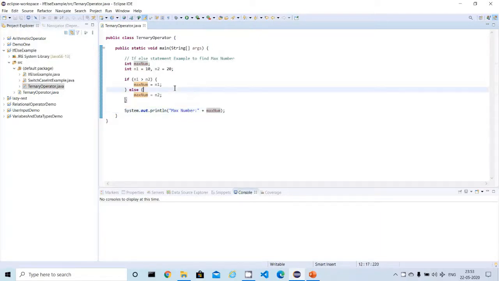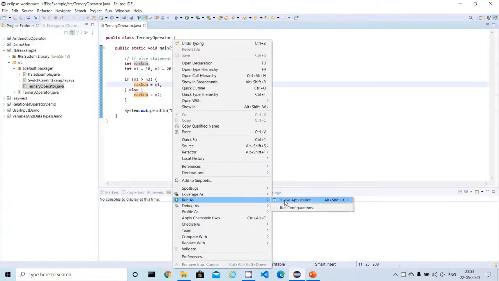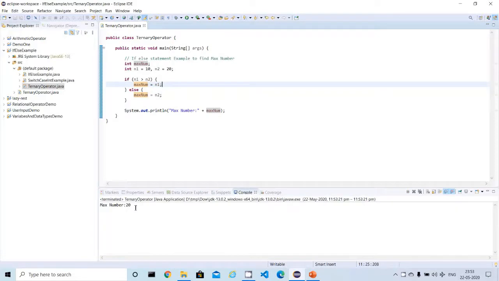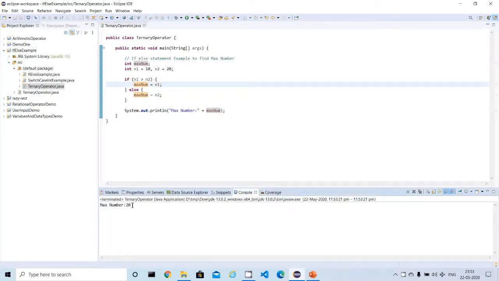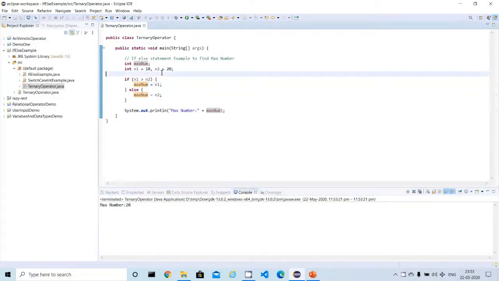Let me run this program and see the results. Yes, it's printing the result perfectly, and of these two numbers, 20 is the max number. So now this example is clear and the if-else statement is working.